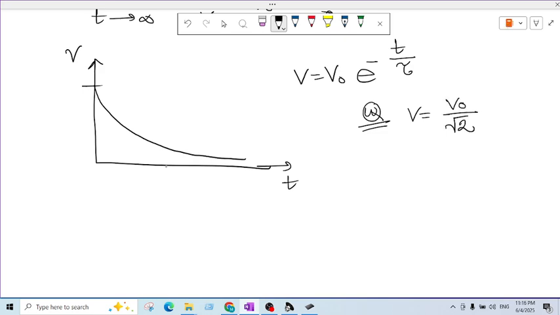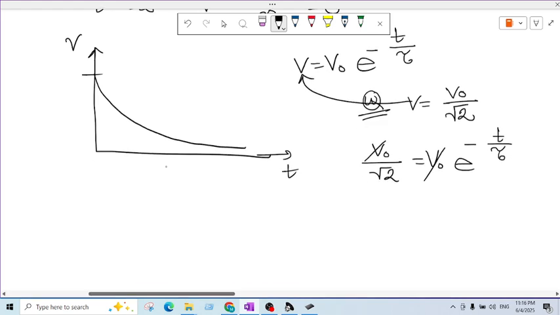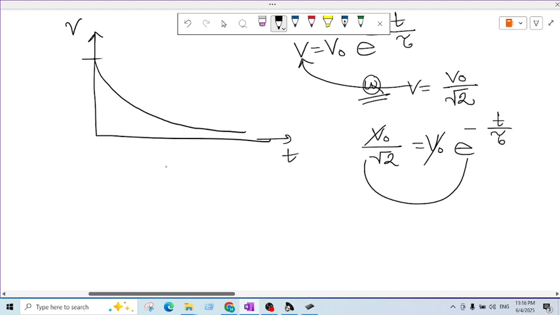Let's find where v is equal to v naught by root 2. So if I put this value here, why I'm doing this you will understand soon. So let's divide it, and if I take ln here, I will get